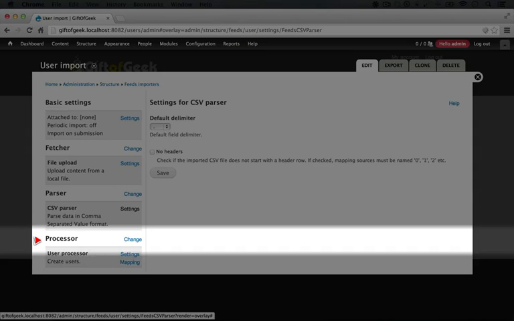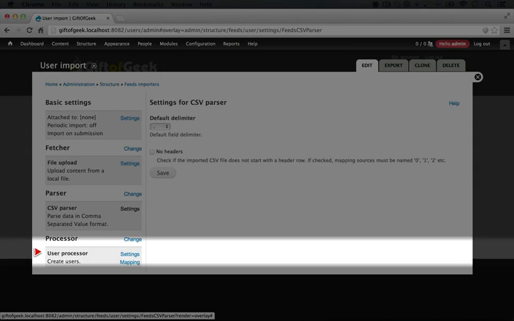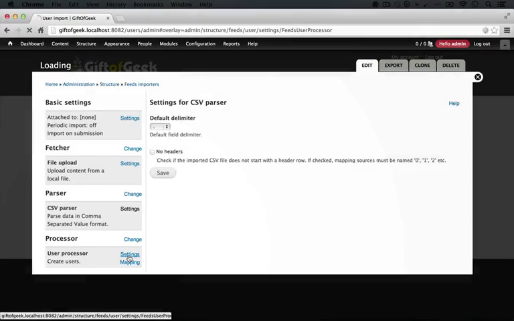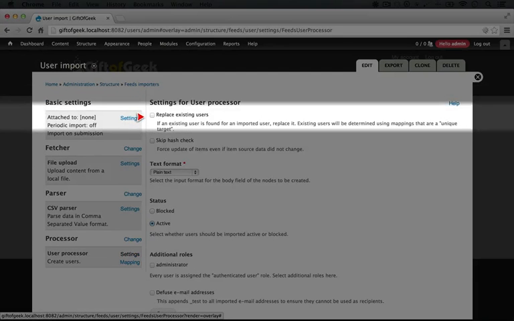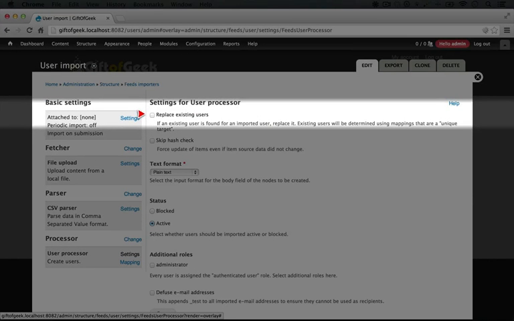And then finally, we have our processor, and it's using the user processor this time instead of the node processor. Let's check out the settings. So this first setting, replace existing users, comes into play when we run an import using this feeds importer multiple times. We'll only do it once, and it will work out, but if it didn't, we could roll back and